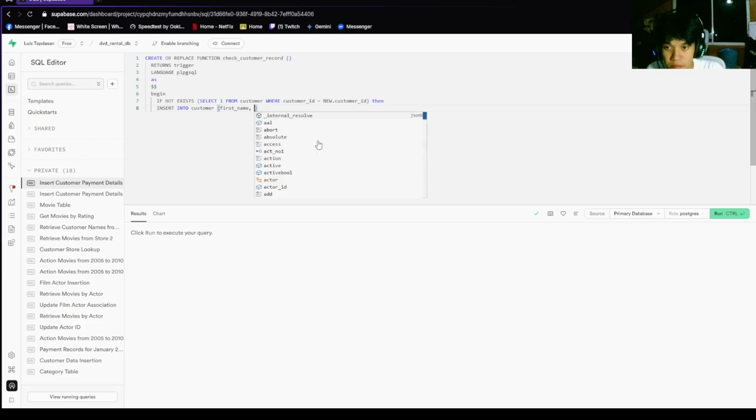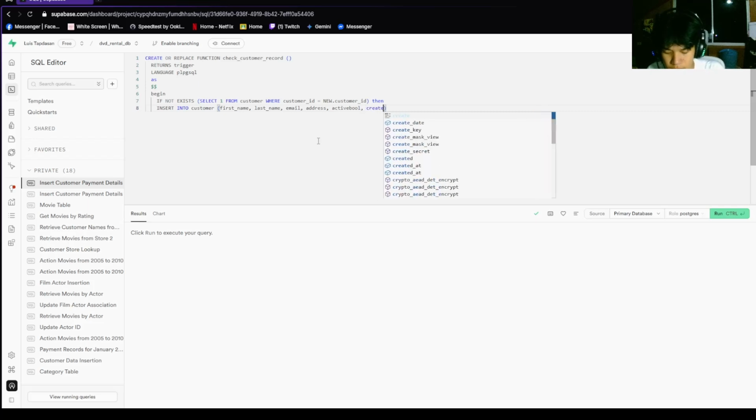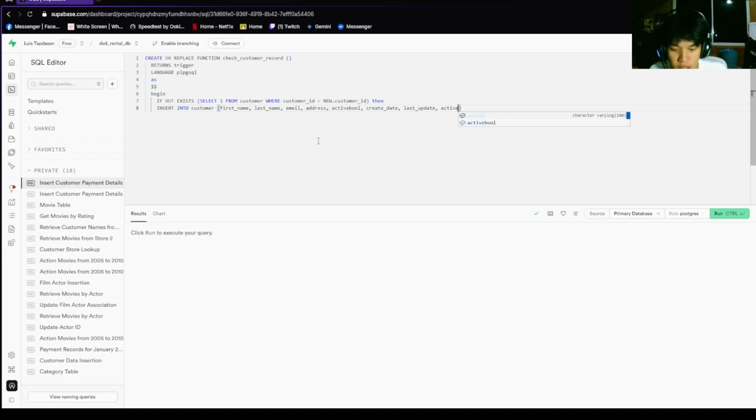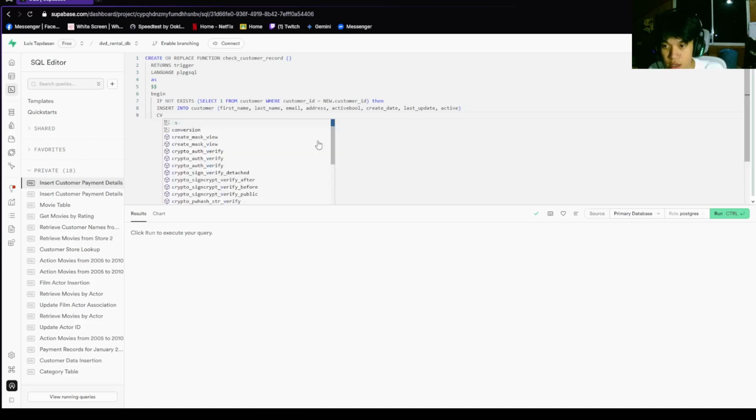So first name, last name, email, address, active bool, and then create date, after that is last update, and then active for the last one, and then we're going to add the values. This is the values.